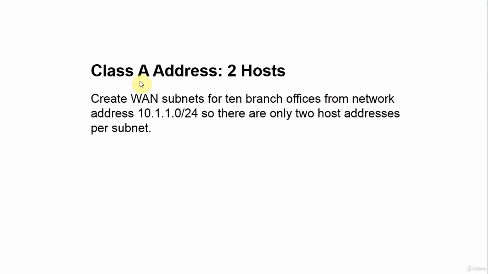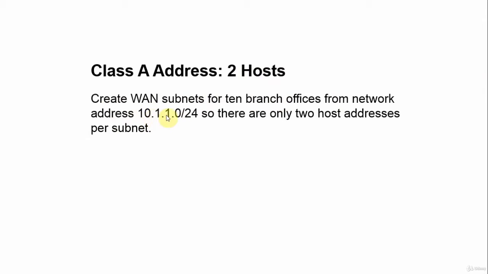So this is the first video for the Class A addresses. Now I've moved into Class A addressing and I'm giving you some examples of typical subnetting for each class. I'm going to start this group of Class A addresses with 2 hosts, and as you know from the previous videos, that's called the serial mask or the WAN interface mask. So I'm going to create WAN subnets for 10 branch offices from network address